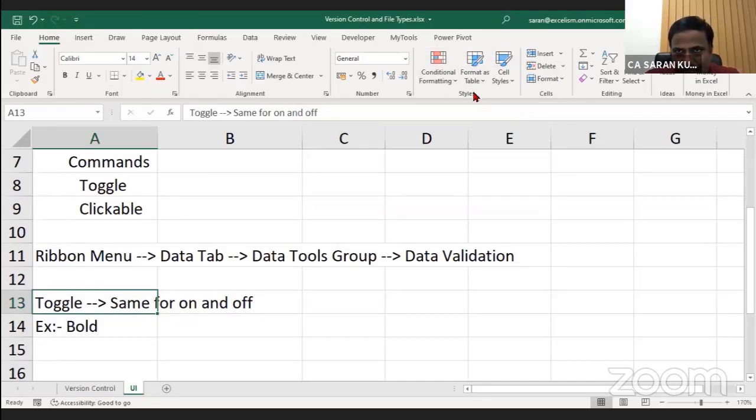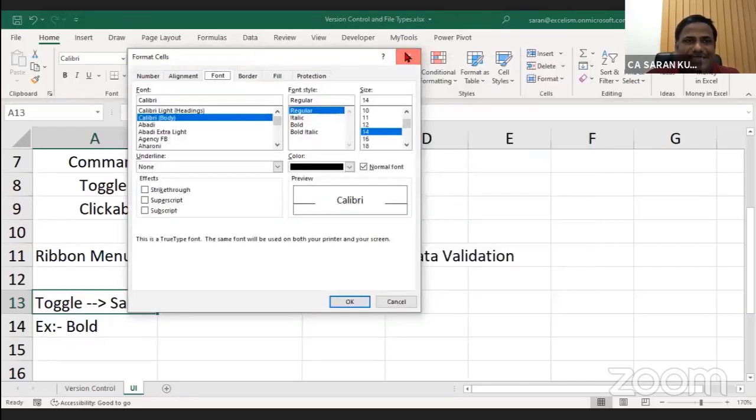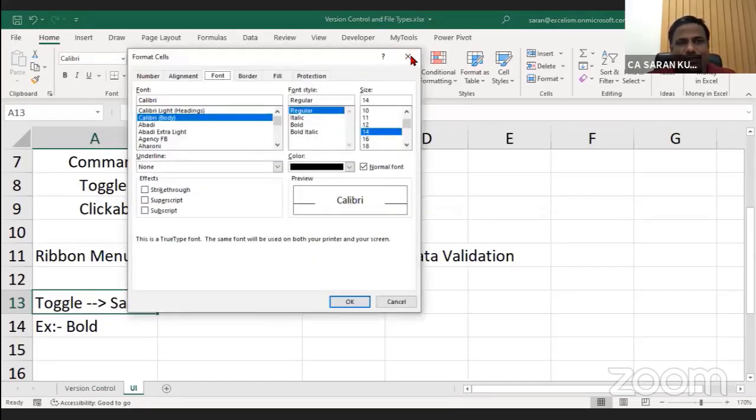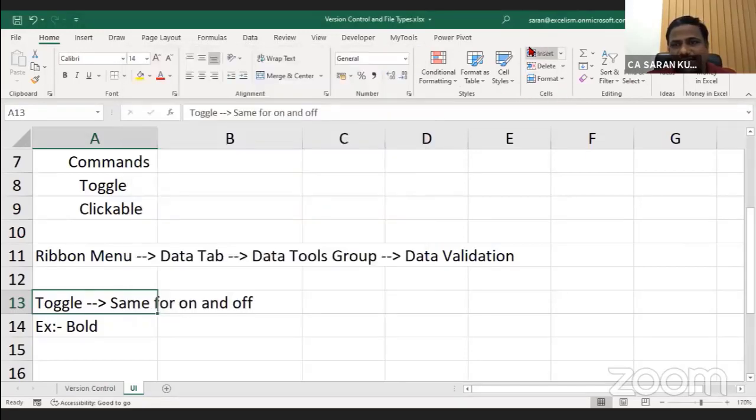When it is styles group, you're not finding anything at the corner right side. But when it comes to the number, you got some key at the corner. Check it out. Are you finding a small icon at the corner? Once I click this, more commands will come. That means what Excel is saying is, there are so many commands with respect to the font, but whatever important I have given here. But if you want to customize more, then I can click this, then you can go into this. Then when I click this, you can go into this. That means when it comes to cells, no other customization